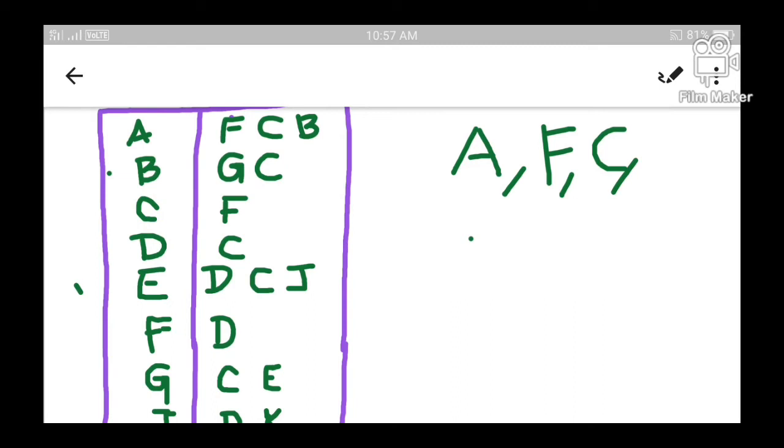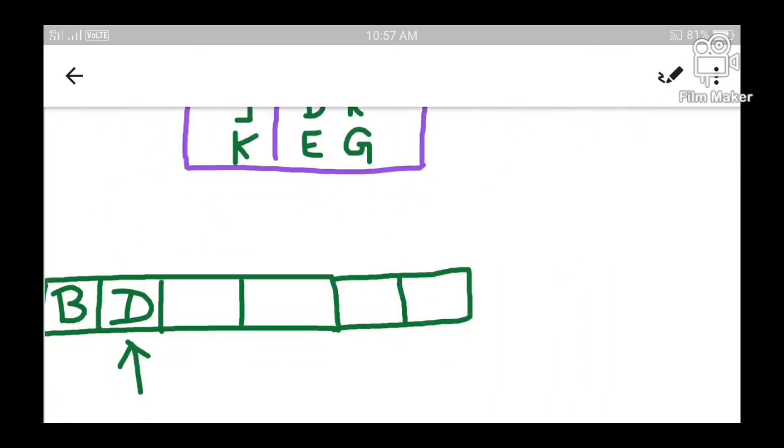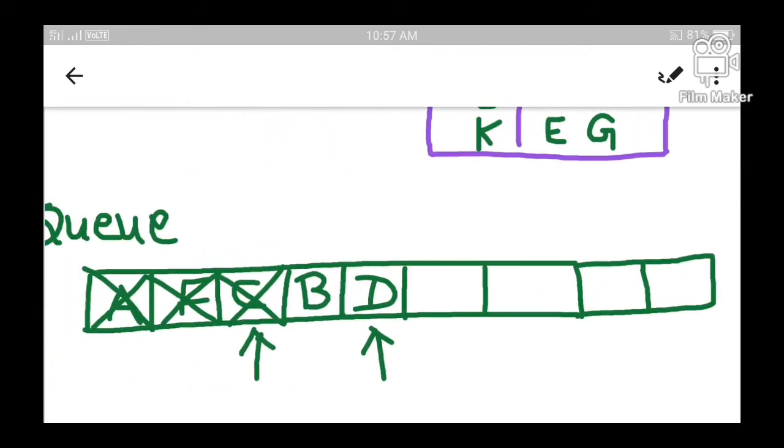Now F is adjacent to C, but F was already inserted in the queue. So you have to insert only that element into the queue which is not at all inserted yet.